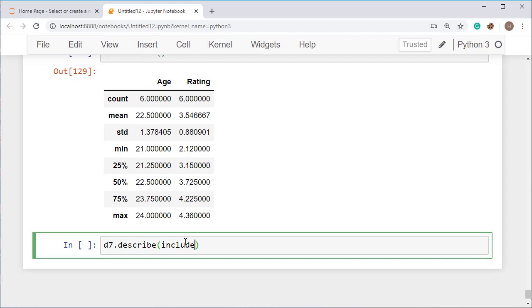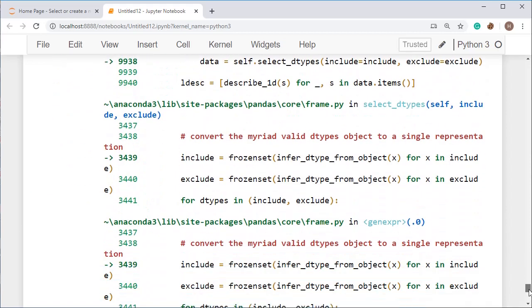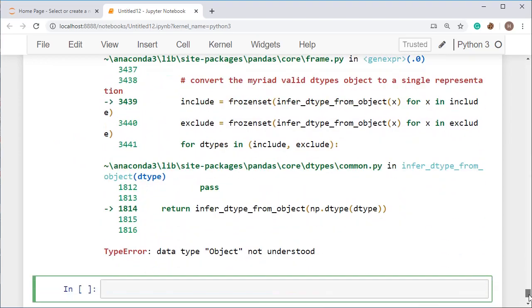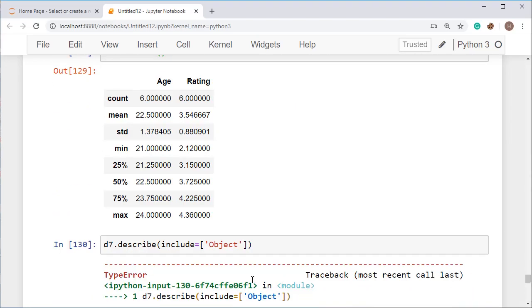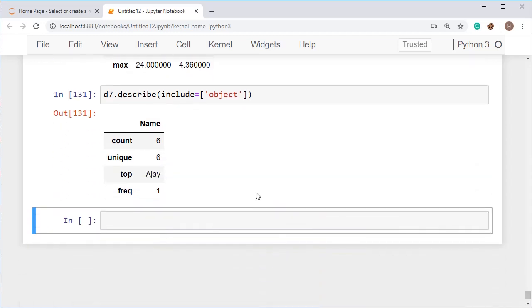This will show you all the things. This one is showing an error. What is the error? The error is that object is not understood because I have used O as a capital. So type it in small case and you will get the summary about the data here.